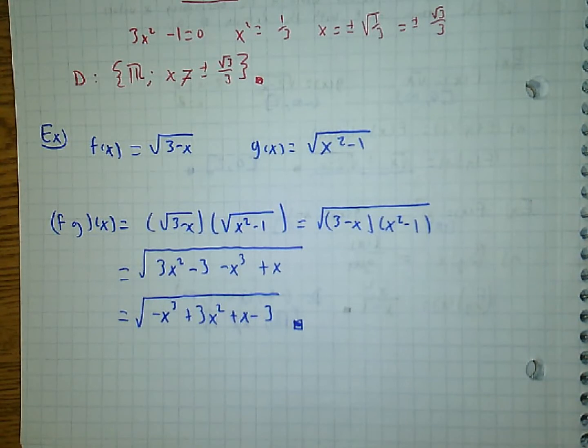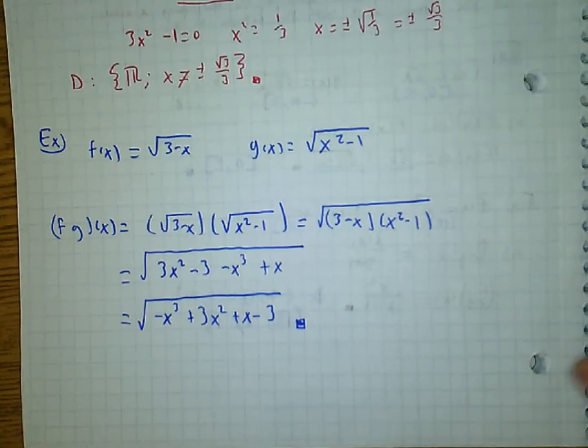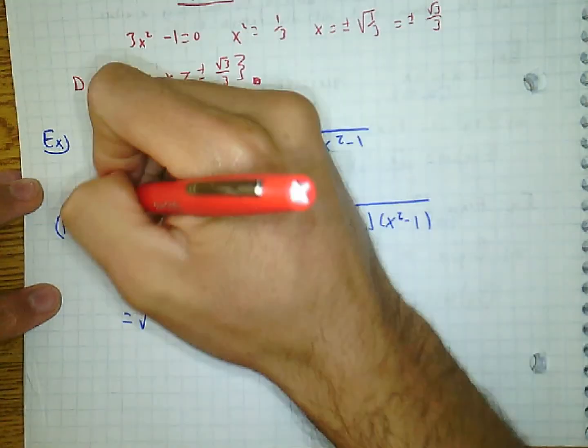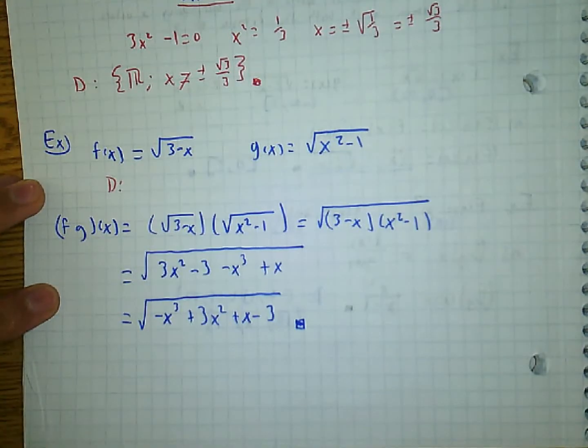And that should be the answer for the combination of the two. So the question now becomes, what is the domain of this? Remember, the trick is to first find the domain of each one individually. So right here, the domain for this function, based on what we have here, would be, okay, so we know